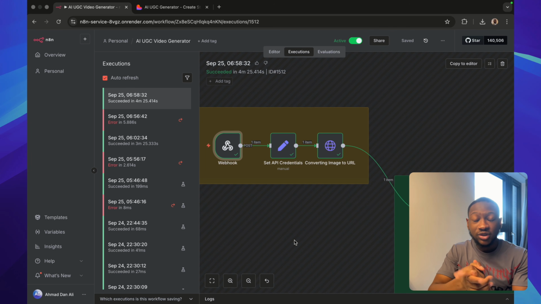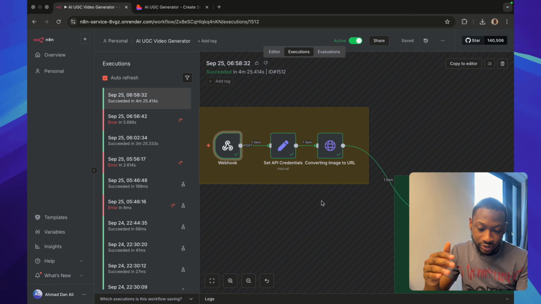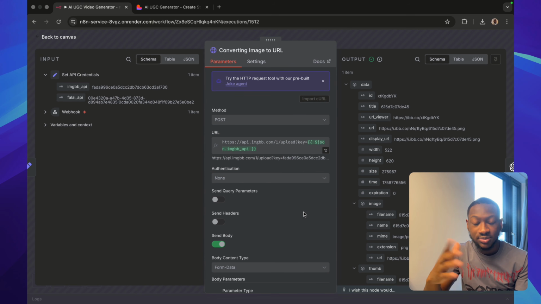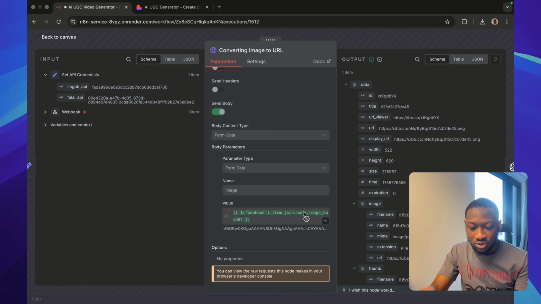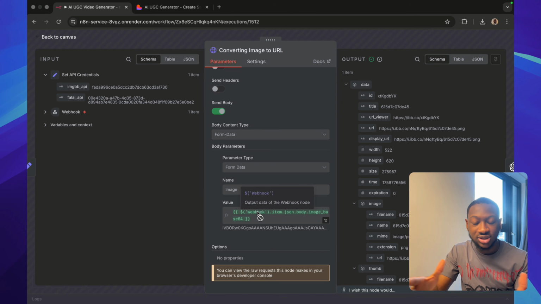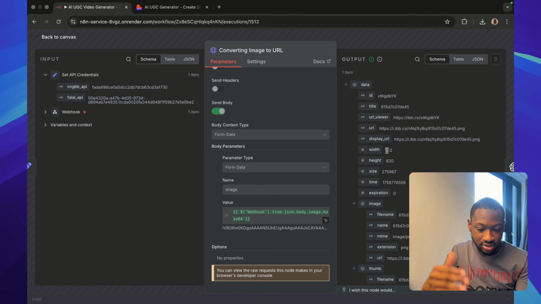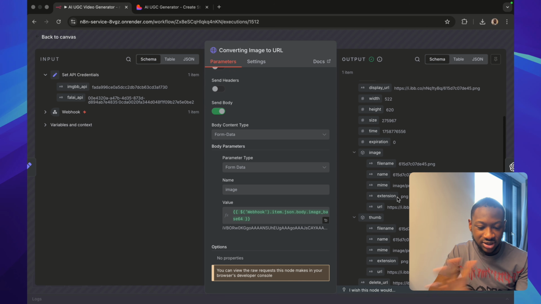So after we set the API credentials, what we do next is we convert the base64 image to an image URL using IMGBB. So it's a normal post request. We make it to the endpoint of IMGBB upload, and we set the API key as a query parameter. And all we do is send the body as form data, and we just pass through the base64 code. And what we get back is this JSON body, and what we are going to be